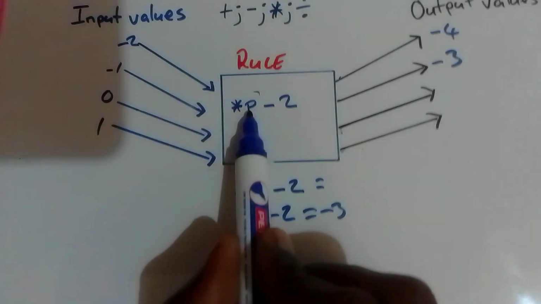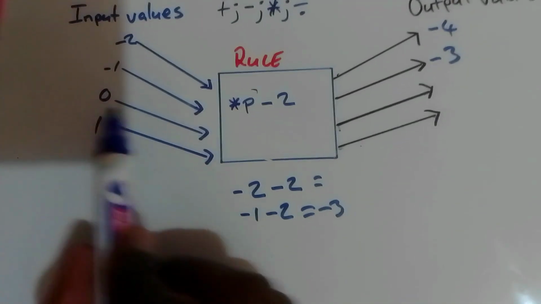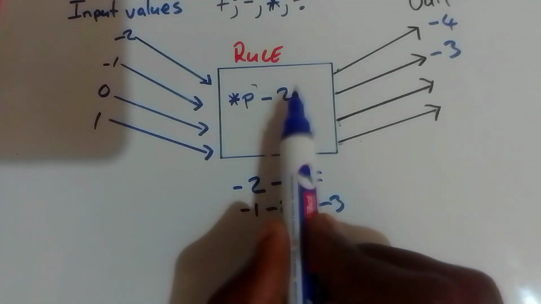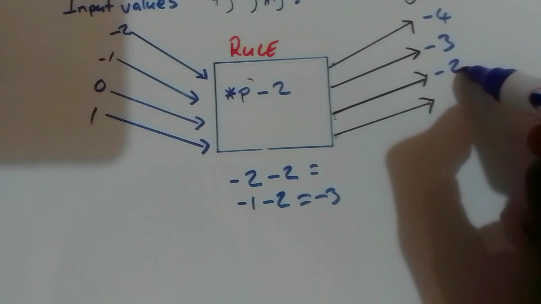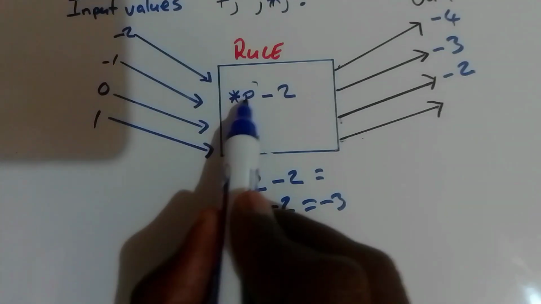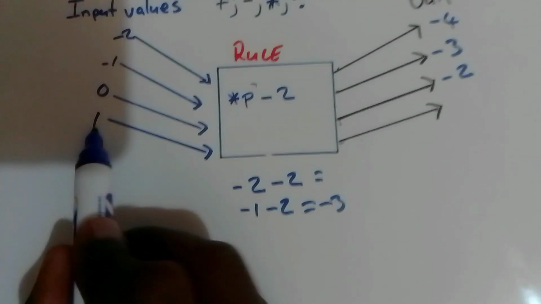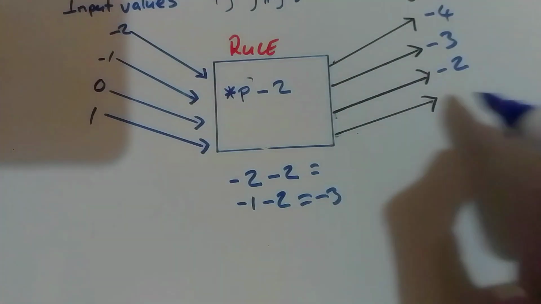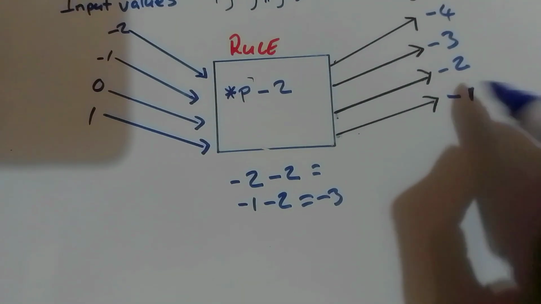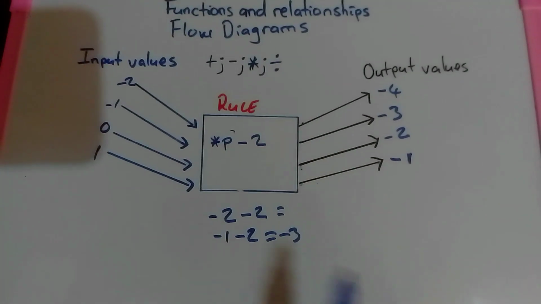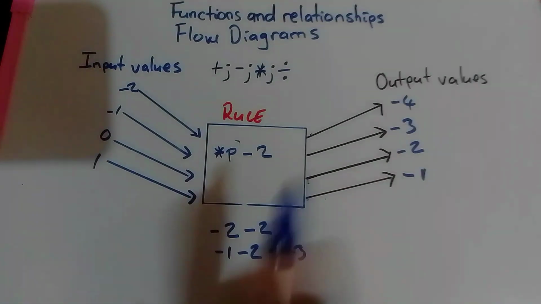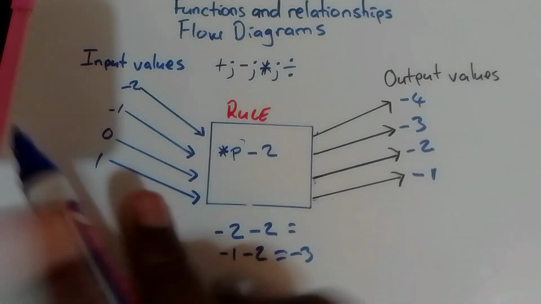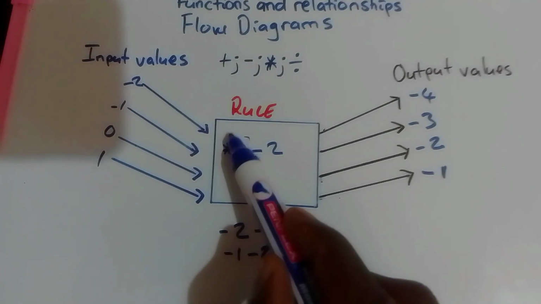Then when our P is equal to 0, now we say 0 minus 2, which is equals to -2. Then we've got when our P is equal to 1, we now say 1 minus 2, which gives us -1. So that is what is happening in this case. In this case, the rule, actually we had 2 rules. We had to start by